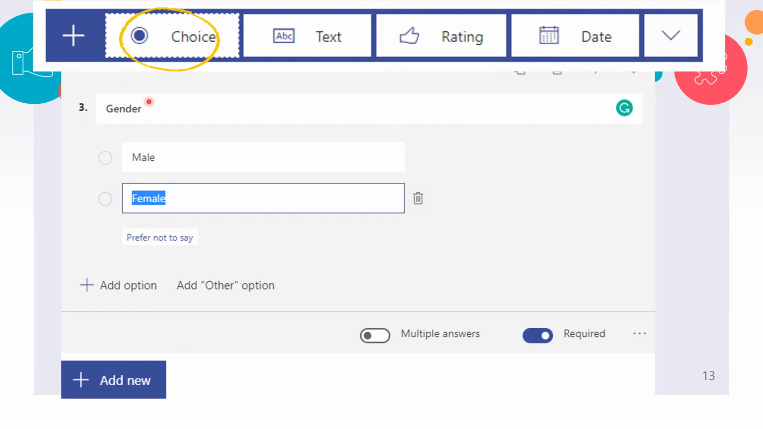And then I can add options. So the options for this one are male, female, and then the computer will have suggestions for you. In this particular question, the computer suggested prefer not to say. So I can click on that one and it will be added as an option. Just click on this one if you want to add more options, and you can also add other as